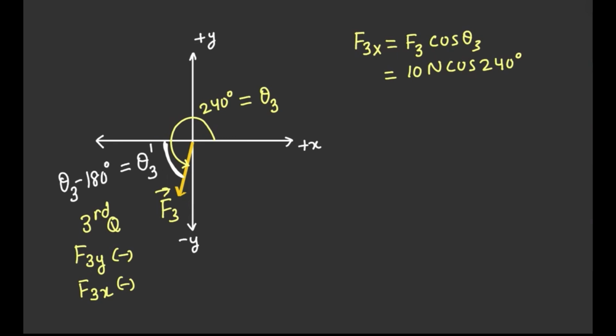It is going to be negative on its own. Likewise, when we calculate f3y using theta 3, that will also be a negative number, because sine is negative in the third quadrant. So f3y is 10 newtons times sine of 240 degrees. Alternatively,